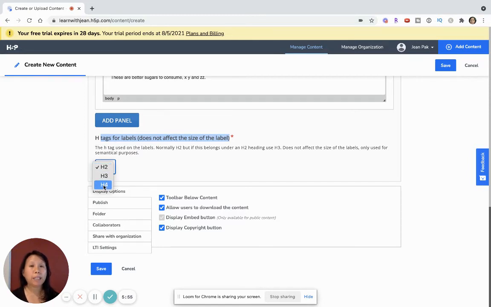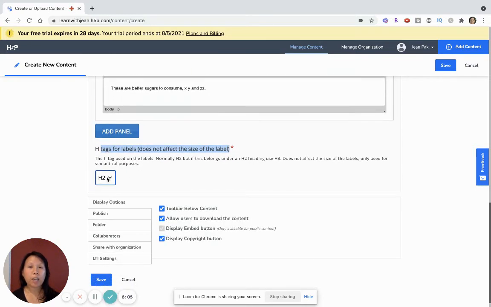And so what this means is for referencing the style and aesthetic of these headlines, these titles for these lessons. H2, H3, and H4 stand for heading 2, heading 3, and heading 4. H2 would be the largest of the three options, and then it gets smaller as you go down. So you want to test this out. Let's just try H2 and see how we like it and how it looks in our course. And then if we think the title is too big, then we can scale down and choose heading 3